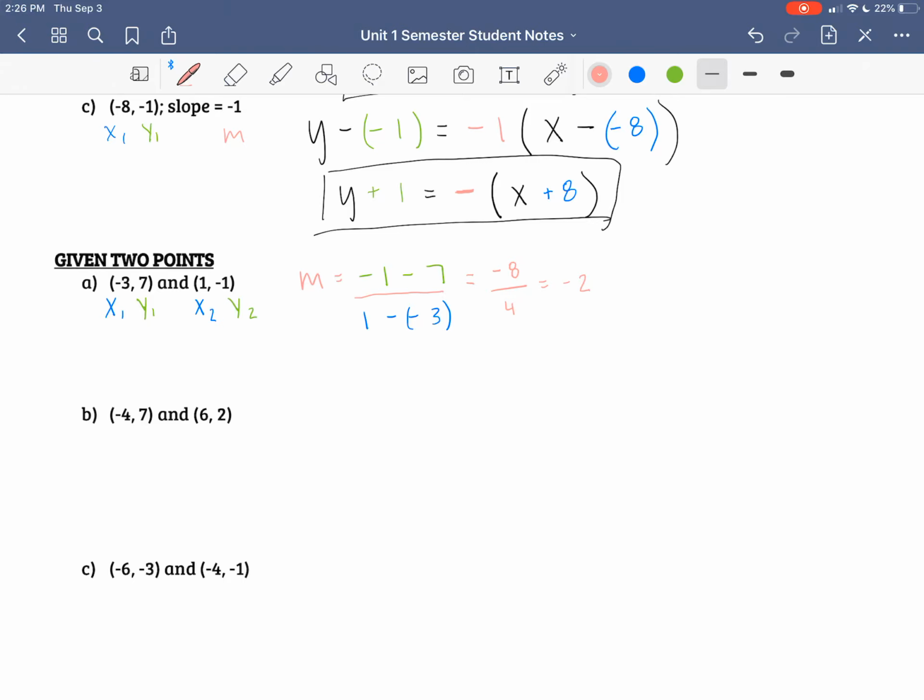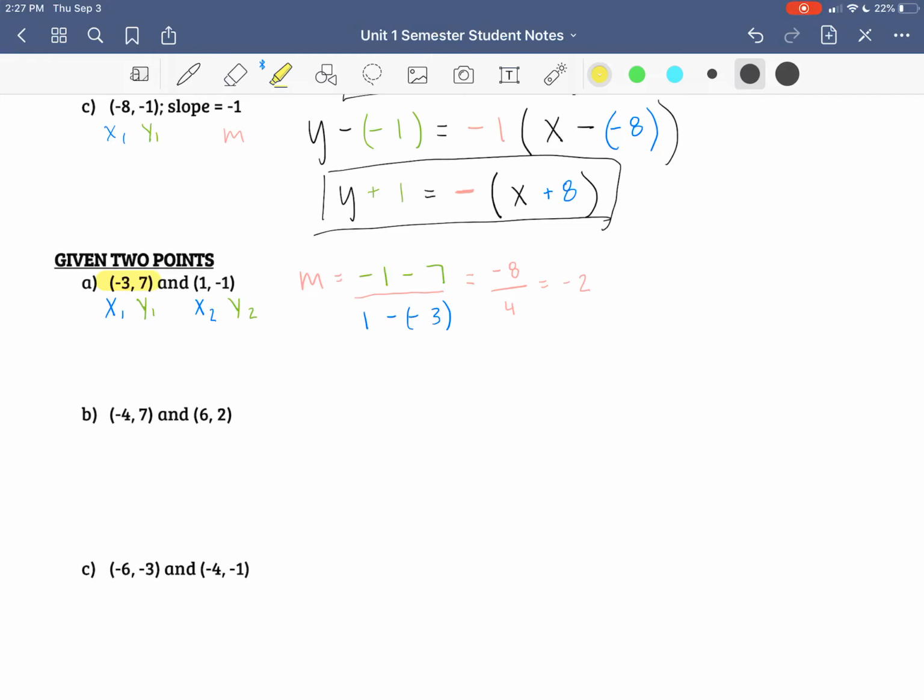So now, here's where you get to make a decision. You get to decide which point you want to use. We only need 1 point, and it can be any point to go in our equation. So you just have to pick one. I usually pick the first one because I am a creature of habit, and I just almost always choose to go with my first point, but it does not matter which one you pick. You're still right if you use a different point, as long as you use the x and the y from